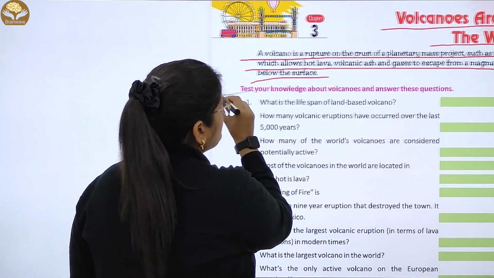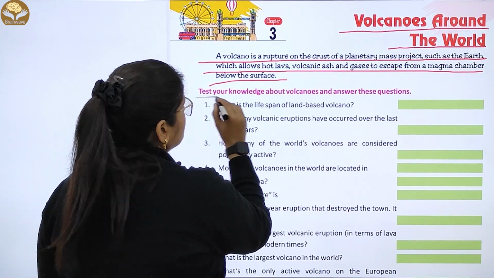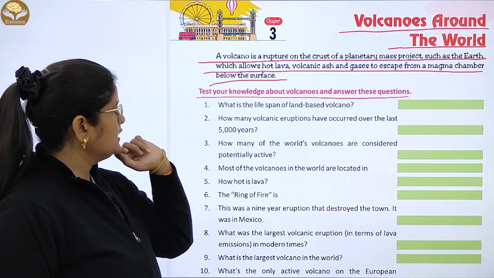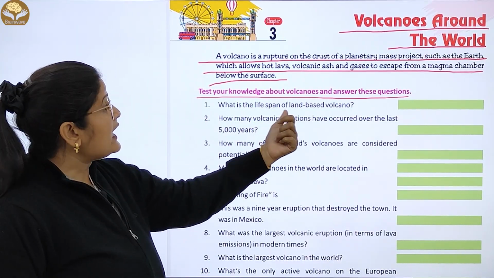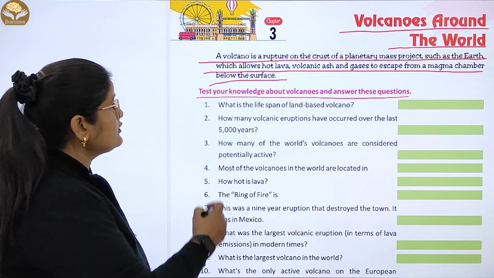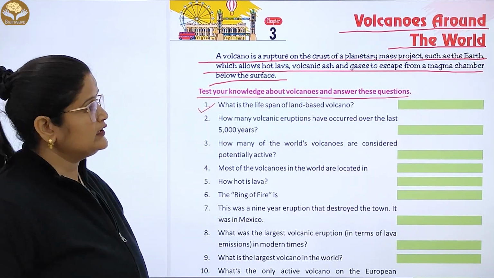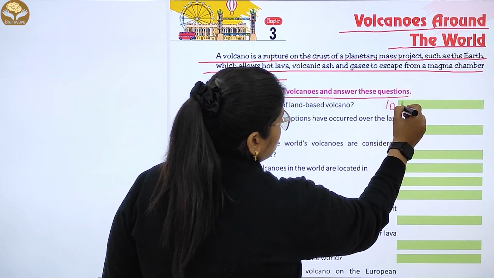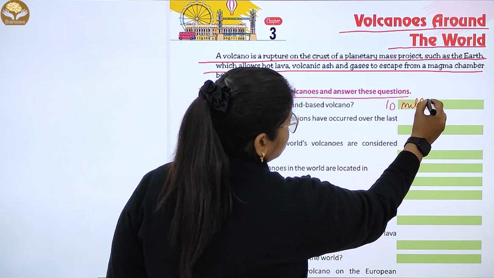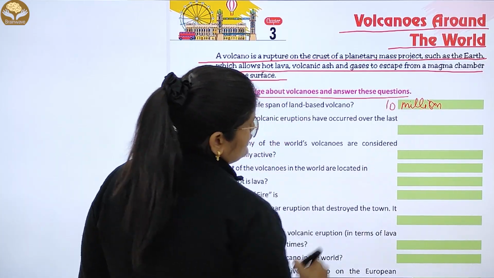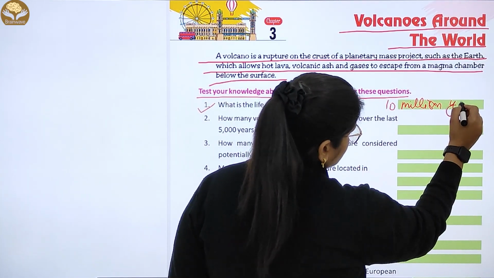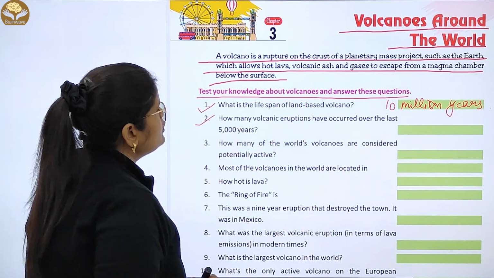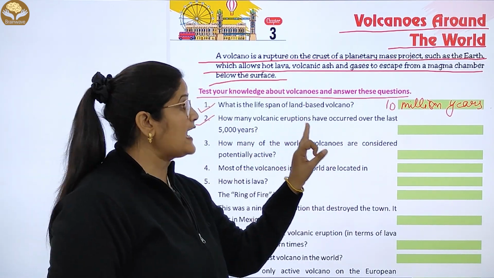Now, test your knowledge about volcanoes and answer this question. What is the lifespan of a land based volcano? मतलब क्या life होती है इनकी? इनकी life होती है 10 million years. Okay. Number 2, how many volcanic